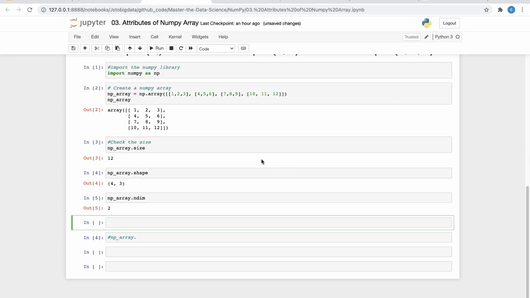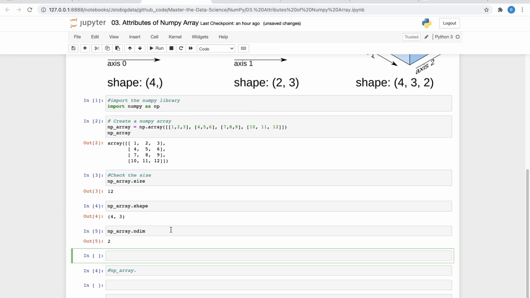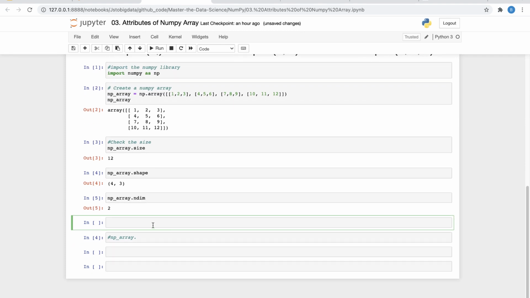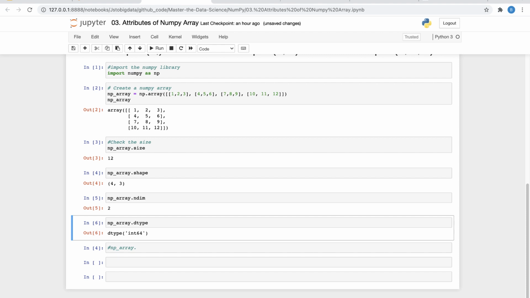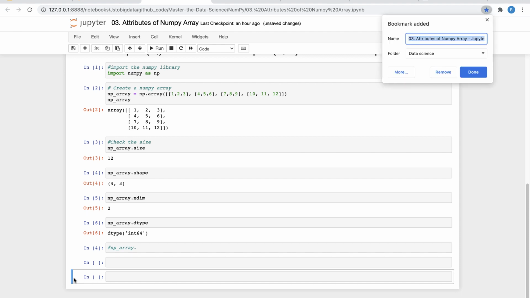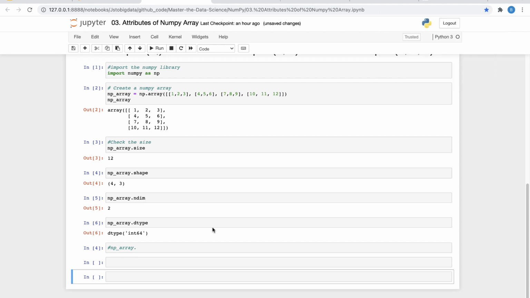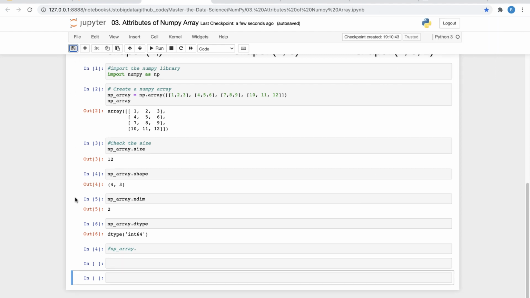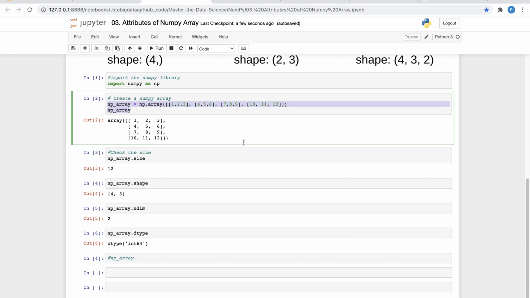So we have seen size, shape, ndim, right? And another most important thing is you often want to check the data type. When you deal with pandas or data visualizations, you will understand that you would need to check the data type everywhere. It's simple. All I did is create an array from the hard-coded value, and then I checked the size of it.